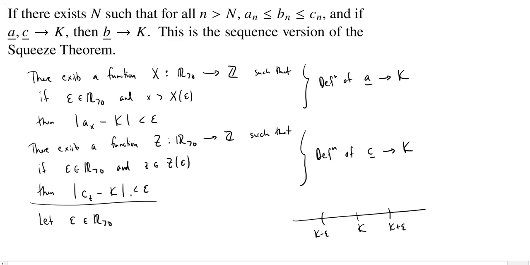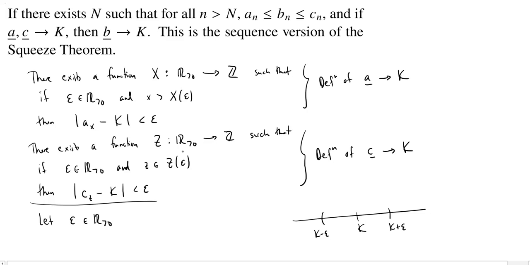We also know that if we go out far enough, and that's where this n comes into play, then a_n is going to be less than or equal to c_n. And of course, b_n will be in the middle. So why don't we just make sure we go out past all of those numbers, right? So if we go out past n, and we go out past X of epsilon, and we go out past